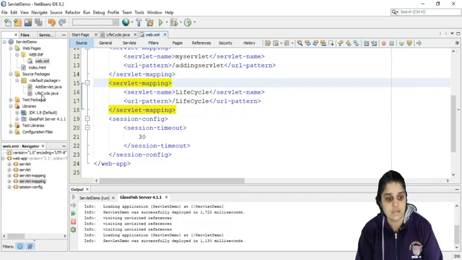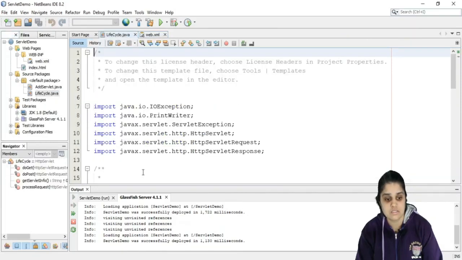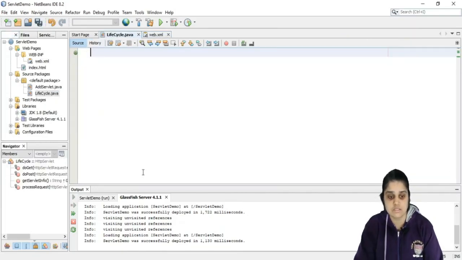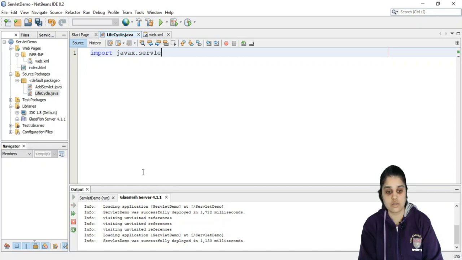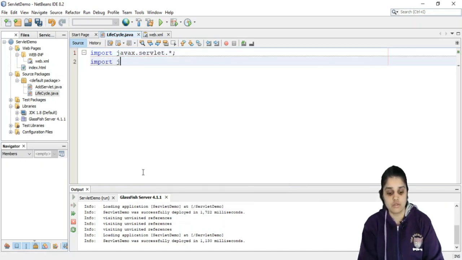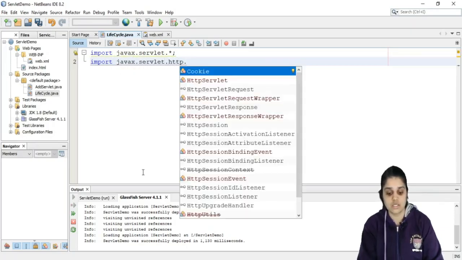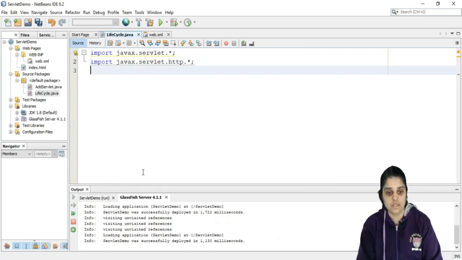Okay, now let us see the various parts of the lifecycle. First, you need to import javax.servlet.*, import javax.servlet.http.*, and import java.io.* for PrintWriter.